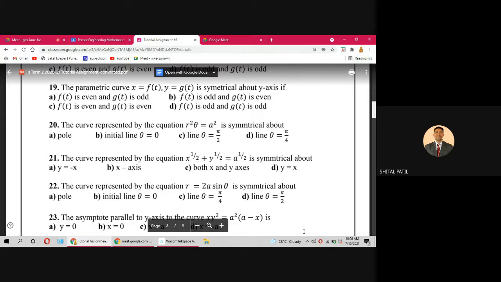is symmetric about. So for this, what we have to do? We should not consider this in terms of a Cartesian curve. We have to write the parametric equation. So write the parametric equation. चलो लिखो आप, x equal to a cos square theta.